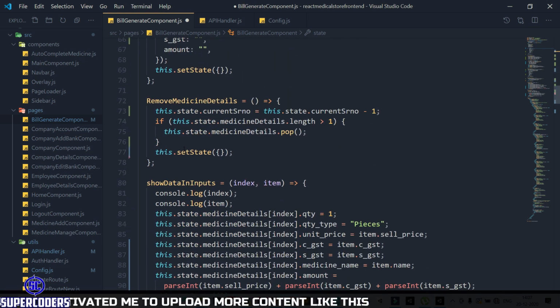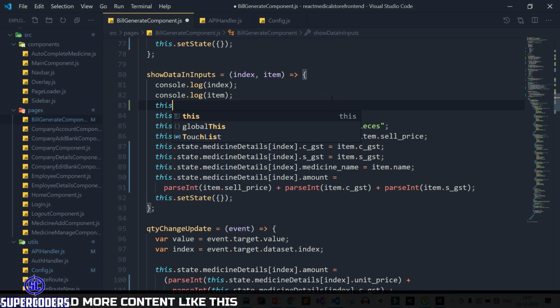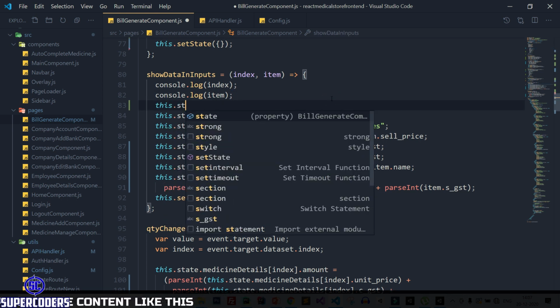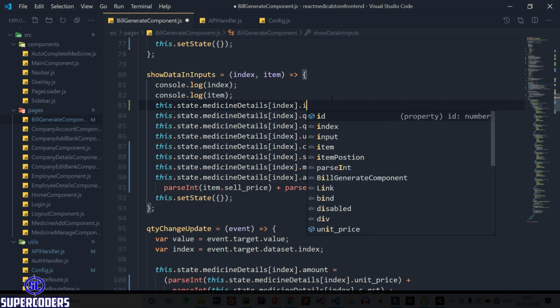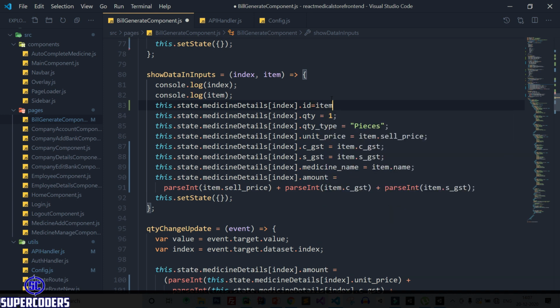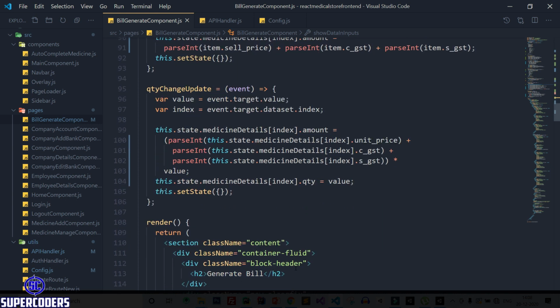So here when we are setting the data, you can see here we can access the ID. So this dot state dot medicine details index dot ID equal to item dot ID. So in this way you can access the medicine ID also, which is missing. After that save it and let's check everything is working or not.